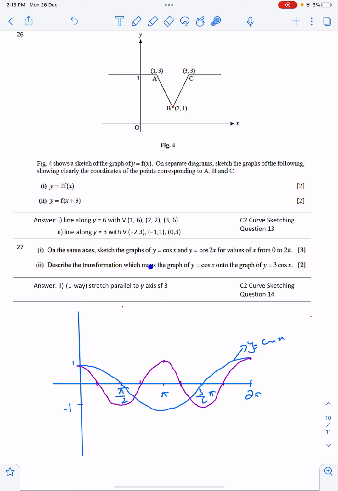Describe the transformation which maps the graph of y equals cos of x onto the graph of y equals 3 cos of x. You will say it's a vertical stretch with stretch factor 3. So I can write vertical stretch, or vertical stretch can also be written as a stretch parallel to the y axis